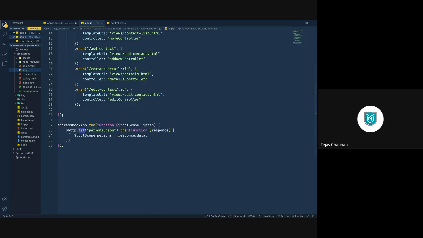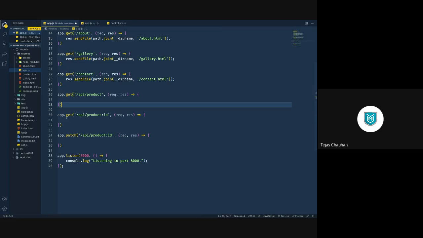Now, similarly, like this http.get in AngularJS, you have all those options. From your Angular application code, you can have http.patch, http.delete, http.put request, and so on. You can make those requests from your AngularJS application, and they are going to arrive in your Node.js application with proper routing.